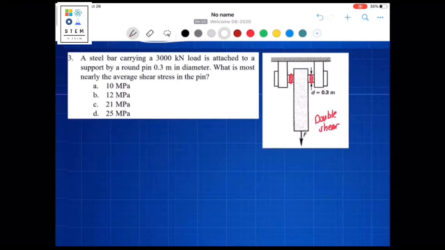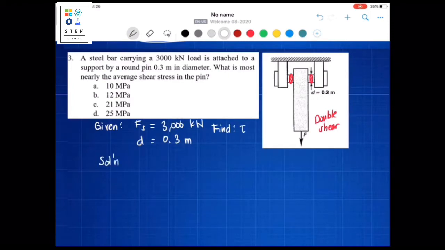Okay? So, given. Saysay natin yung given. First given, we have this force. So, shearing area or shearing stress. So, of course, we have shearing force, 3,000 kilonewton. Supported by a round pin given in diameter 0.3 meters. What is most nearly the average shear stress? So, find